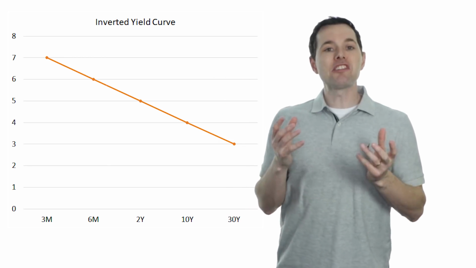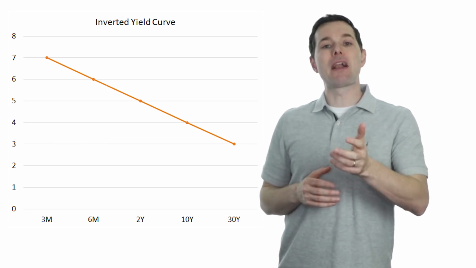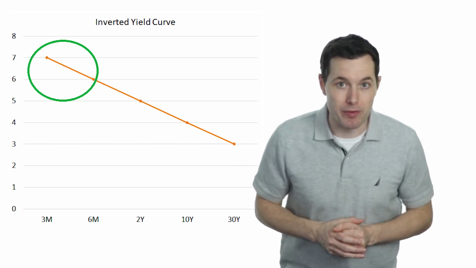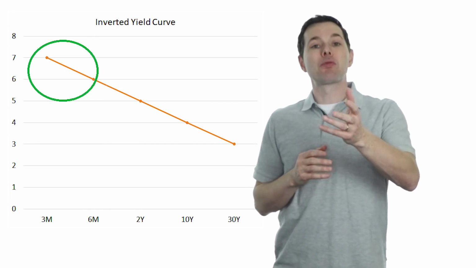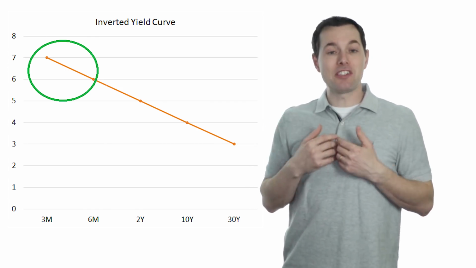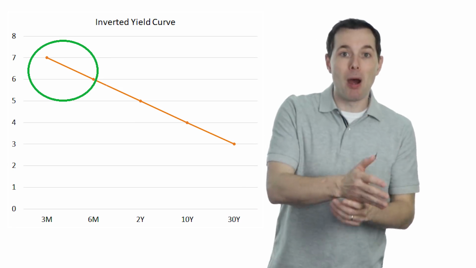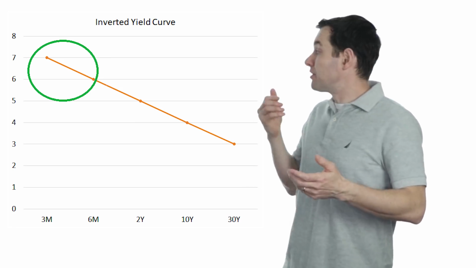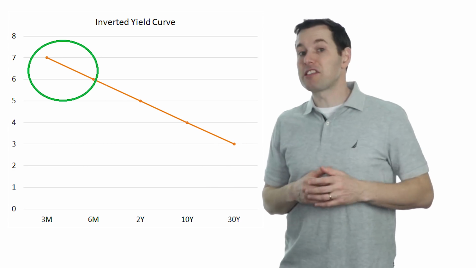So why is this bad and how does this happen? Well, this is bad for banks. So banks typically borrow on the short end of the yield curve. Maybe that's what you or I get paid for our savings account, or maybe that's what the bank borrows from the Federal Reserve. Basically, what they pay out in interest is based on short-term rates. That's why those rates tend to be so low.